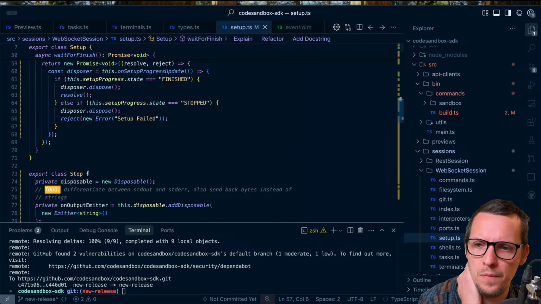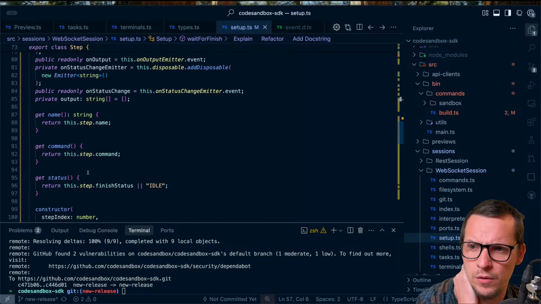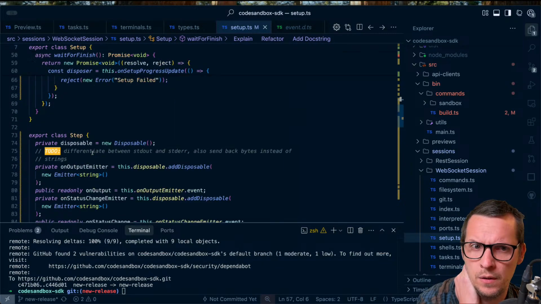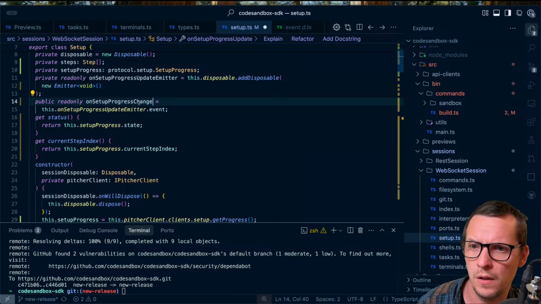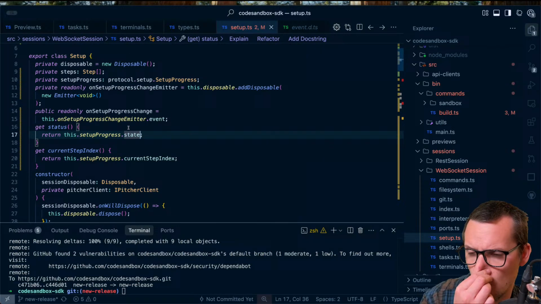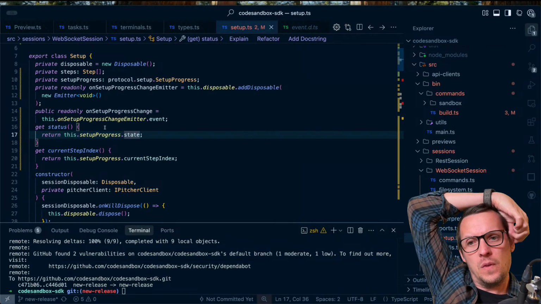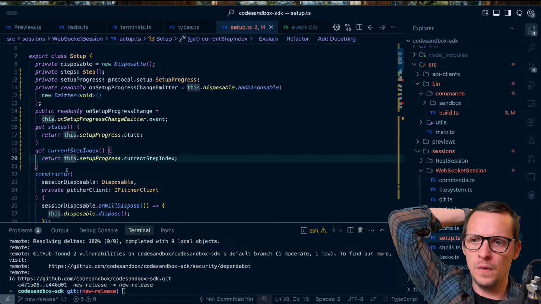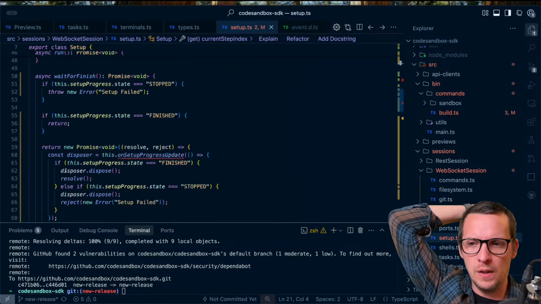Where were we? We can now listen to on status change emitter. Let's just call this on set up progress change. And then each,